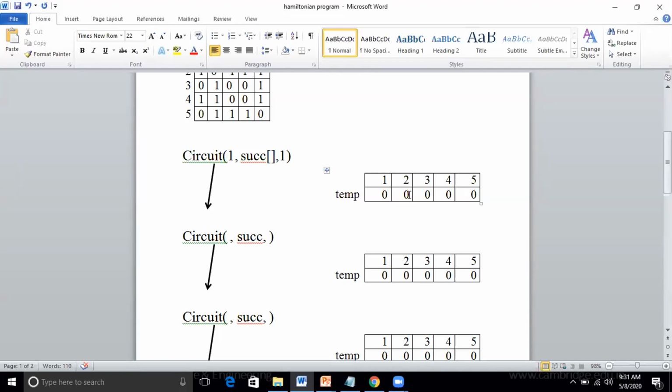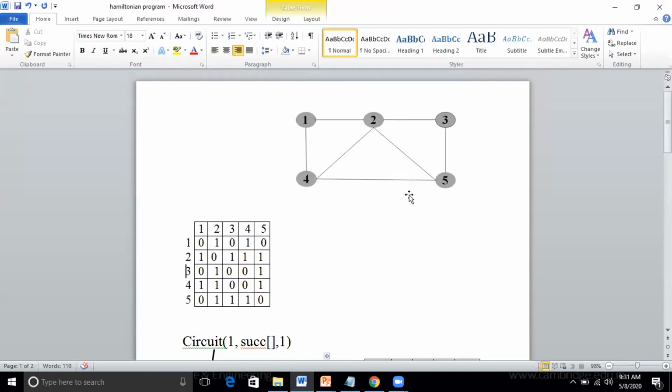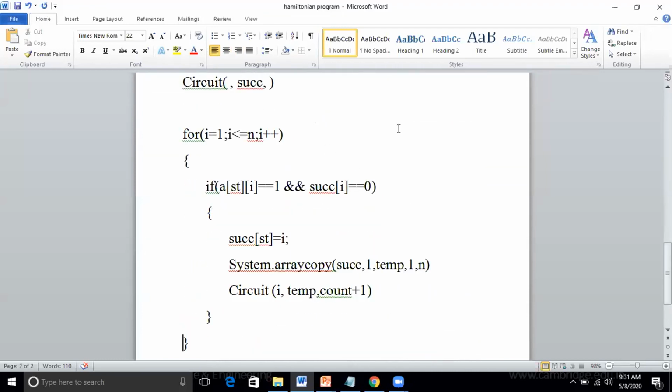So for this reason, I have written one for loop for i equal to 1 to n, because I need to check which nodes I can visit. You can visit that node if you have an edge. In the array, from the source to the ith node, if you have an edge, that value will become 1. Students, are you following this? Yes, sir.